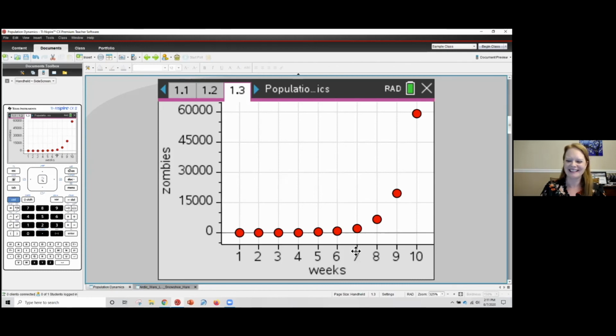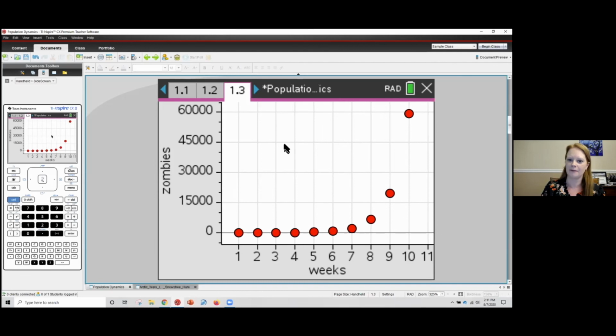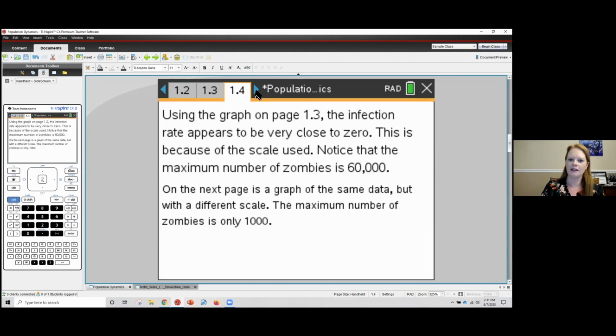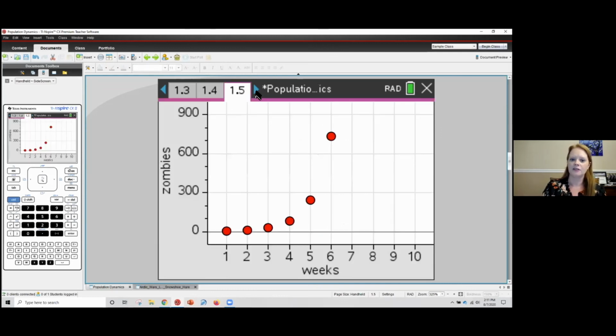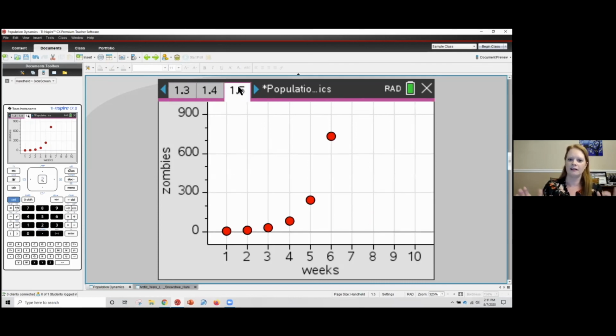And so what we see in this graph is that same one from before. Over 10 weeks, we see this increase of our zombie population. And then in the next graph here, it's just going to be a different scale. So it's still 10 weeks, but we're only looking at around 700 in terms of our population. So if we compare our 60,000 zombies versus our less than 900 zombies, we see this big change in